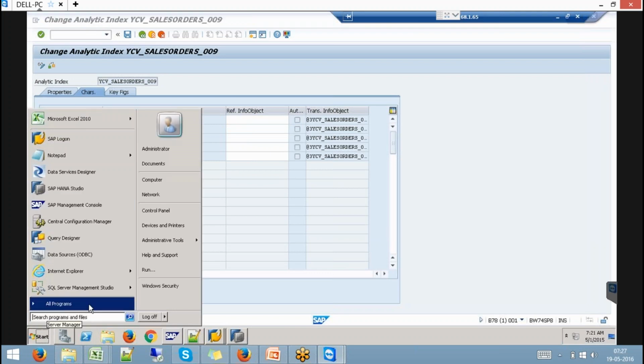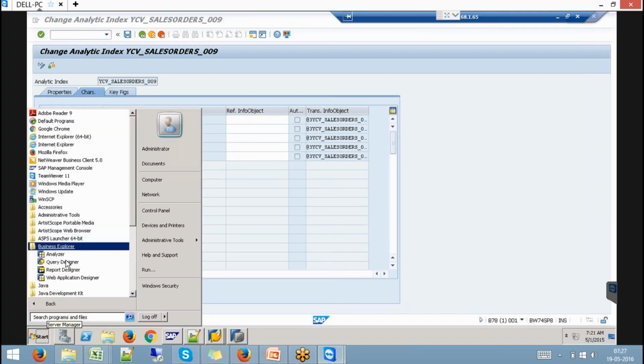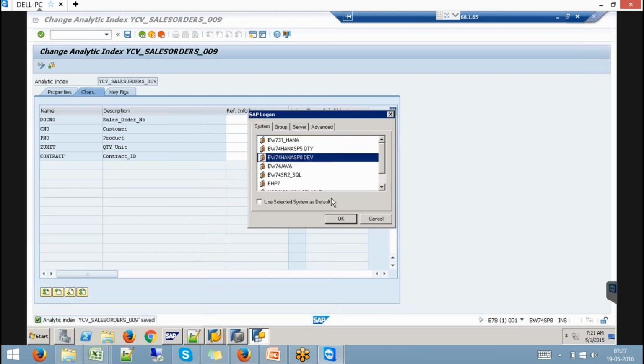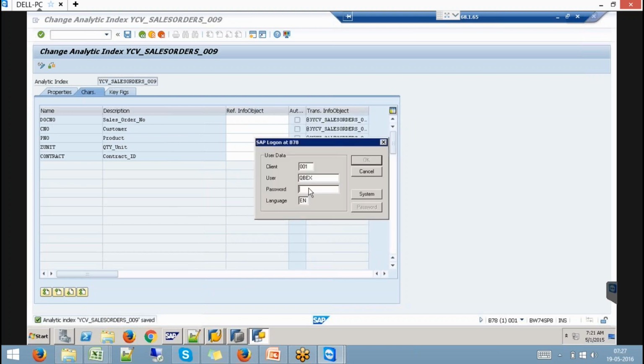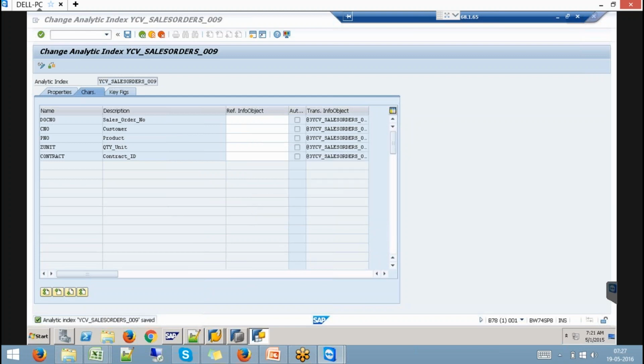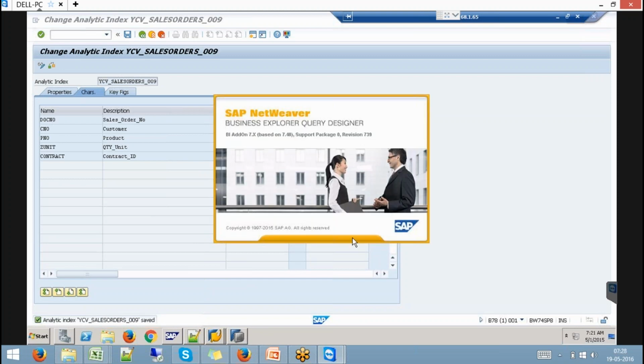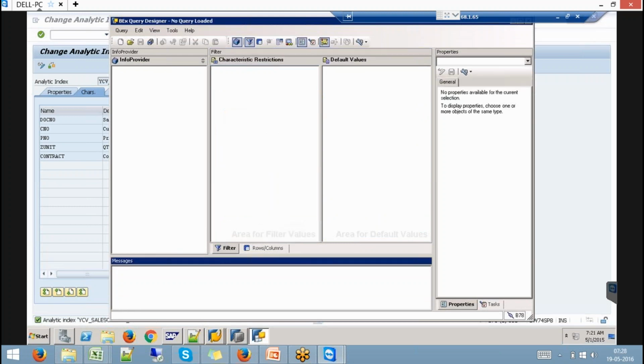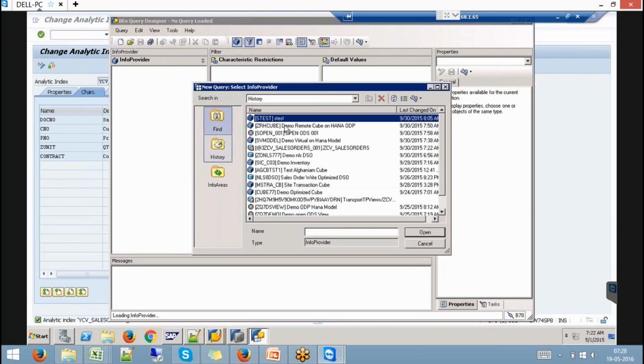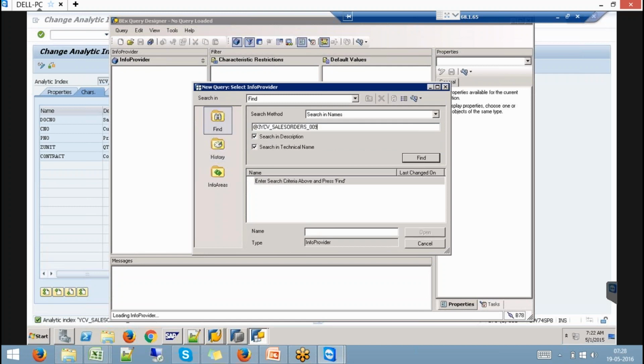I can start creating a BEx query on top of this provider. You'll find this provider with @3, which is an analytical index.